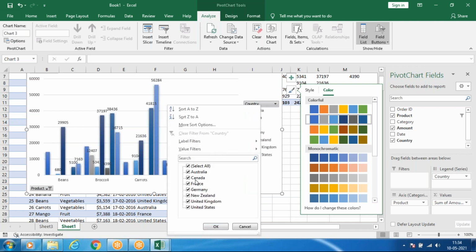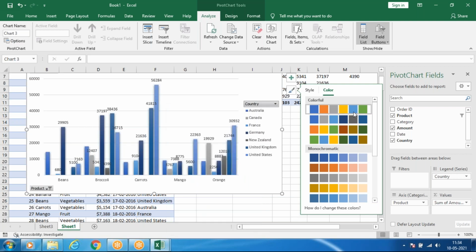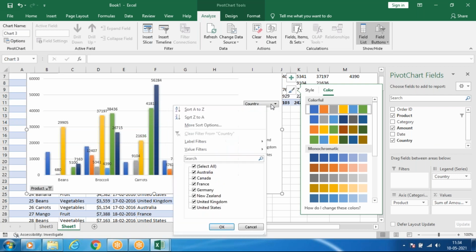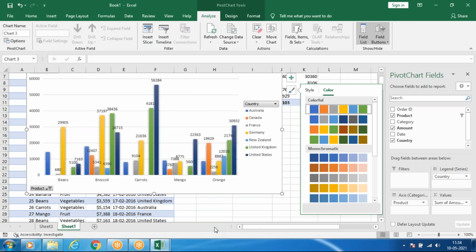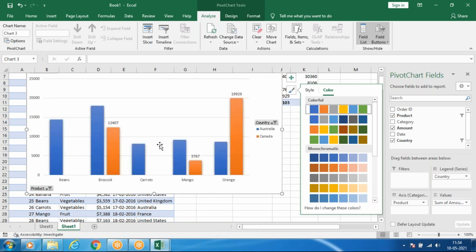Country only, I want to compare two countries. So color I'll choose different color. Only Australia and Canada. So this is only Australia and Canada. Which is there in orange color, that is Canada. Which is there in blue color, that is Australia. So by this also you can identify which is more.